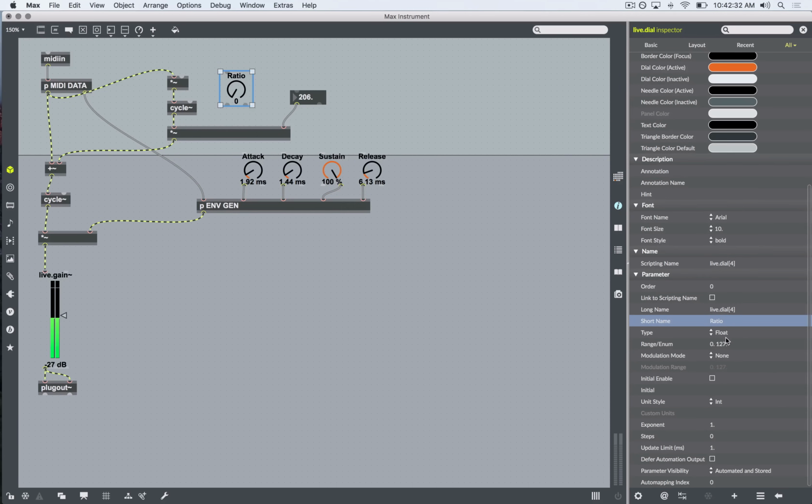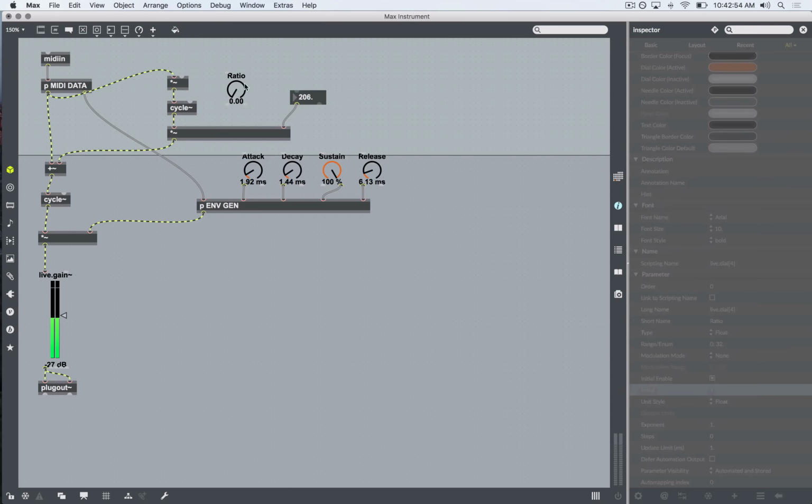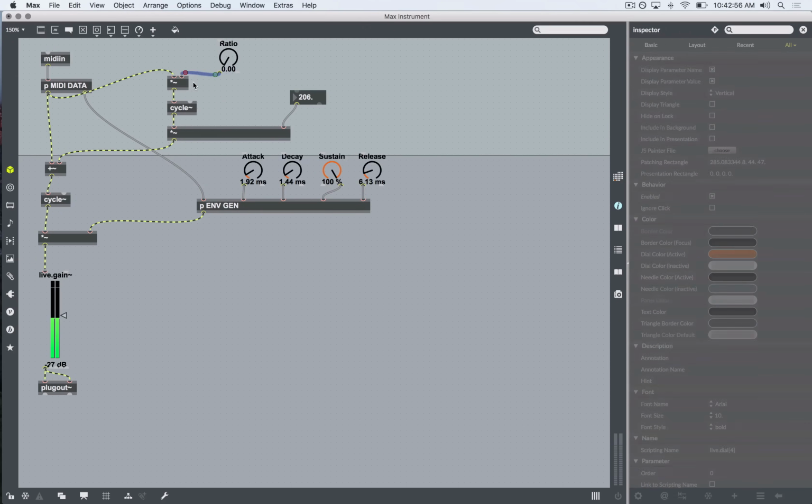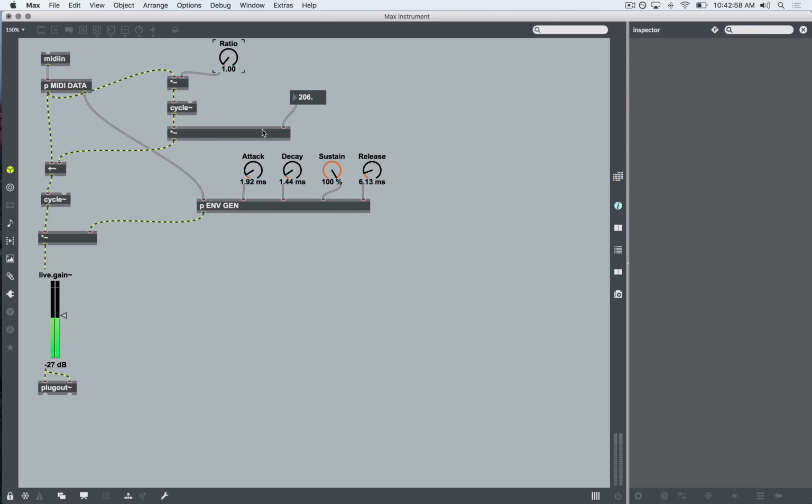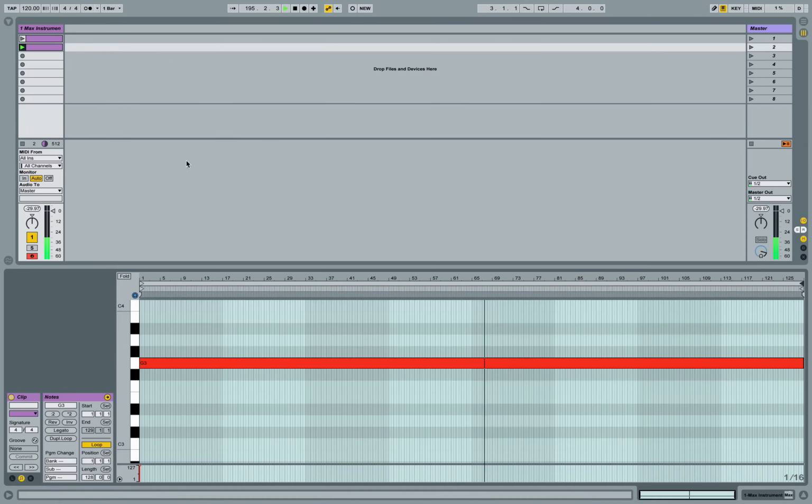And then let's change its value to range from 0 to maybe 16 or 32, and let's set unit style to float, and initial, let's have its initial be 1, and exponent 1 is good for now. All right, let's leave it at that. We can connect that up here, set it to 1, and now as I get my sequence running,